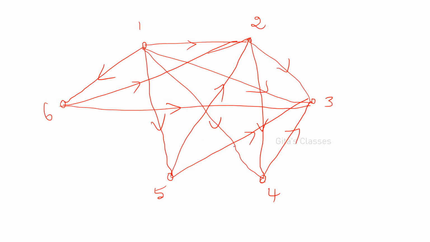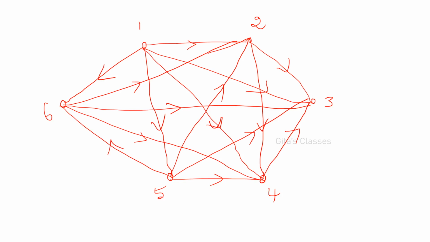Now from 4 we have 3, 1 has 1. With 4, 2 has 1, 3. What about 4 comma 5? 5 has 1. And 4 comma 6, 6 has 1. This is just a representation, okay. And from 5, 1 is over, 2 is over, 3, 4, 5. Then 5 and 6 only is remaining, 5 has 1.